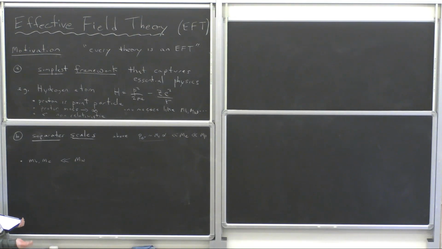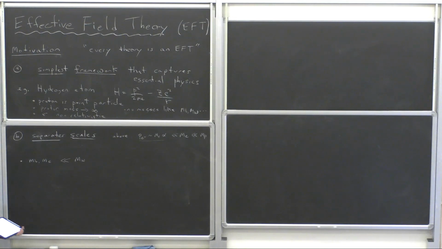Up quarks and down quarks can change. And that happens through W exchange, but the W is a very heavy particle. So here I've written mass of the bottom quark, mass of the charm quark. This is like 5 GeV, this is like 1.5 GeV, and this is 80 GeV, much bigger. So we can expand with the mass of the bottom and the mass of the charm being much less than